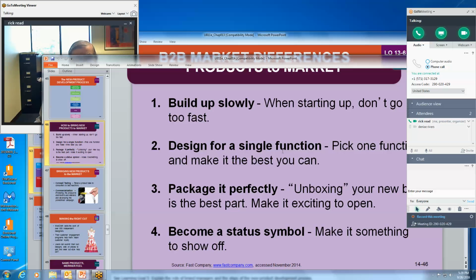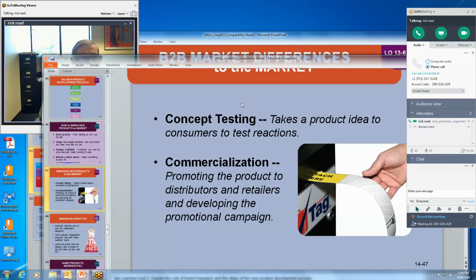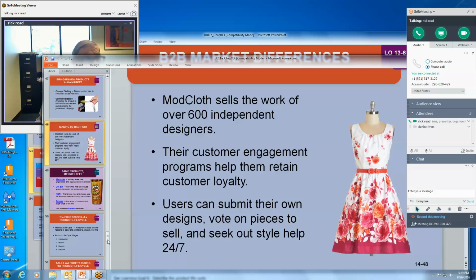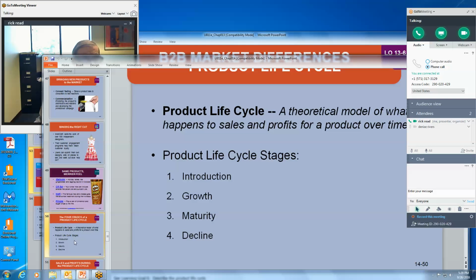And this is how we do things there. This gives us a little bit different way of talking about it. Here's concept testing and commercialization, which we've already talked about. And then we're going to skip that particular one. And we're going to come down here to what's known as